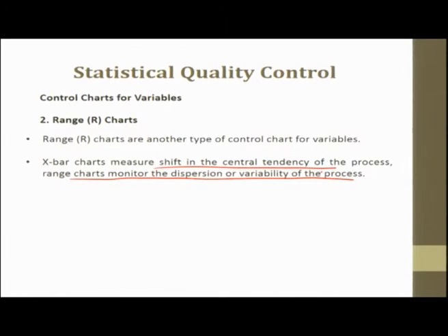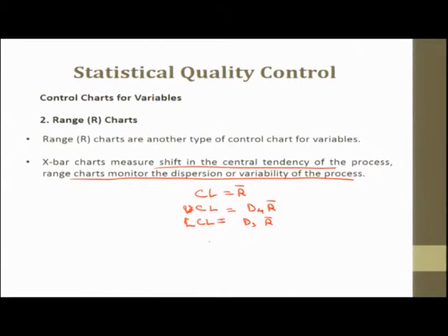Okay. As I said before, the method of developing and using R charts is the same as that of the X bar chart. The central line of the control chart is the average range, and the upper and lower control limits are computed using tabulated constants, and the central line is just the R bar. So, the upper control limit and lower control limit are equal to D4 into R bar and D3 into R bar.